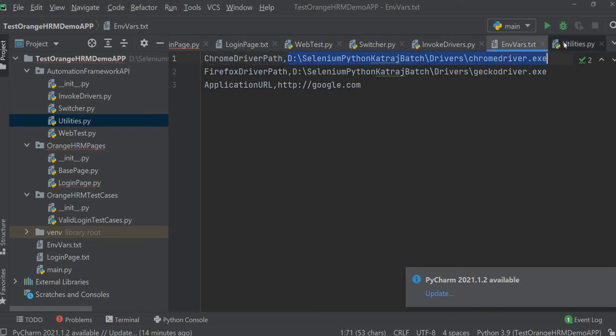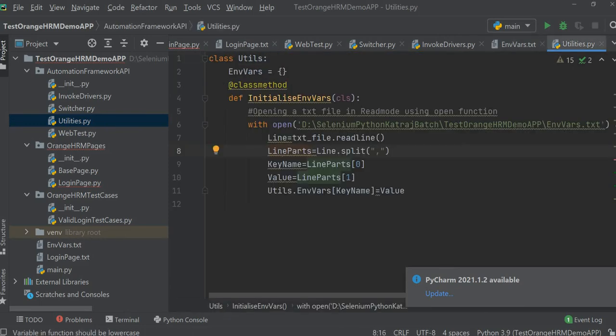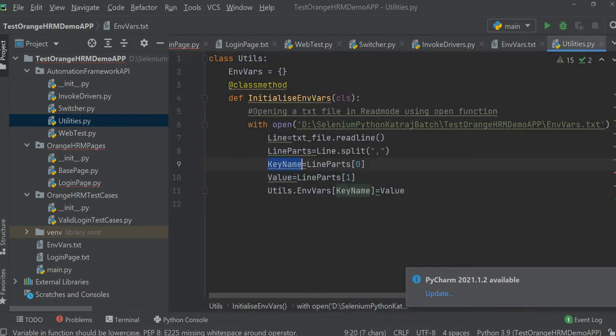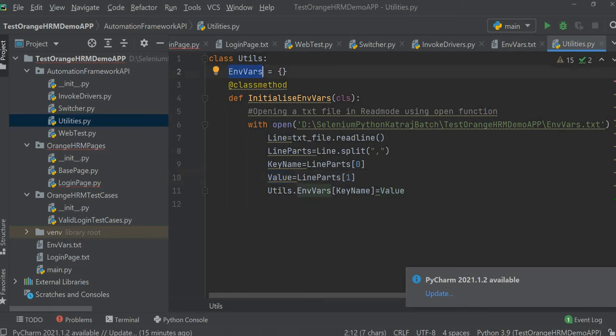Okay. Then key name. The first section, this one, would be stored in key name, and this one would be stored in value, which ultimately will get stored in the envvars dictionary. This value, that actual path, would be stored against the key name. Chrome driver path will get stored against the Chrome driver path key name.